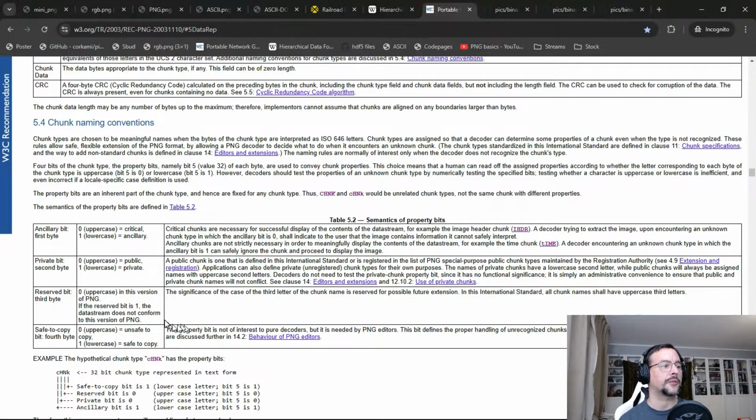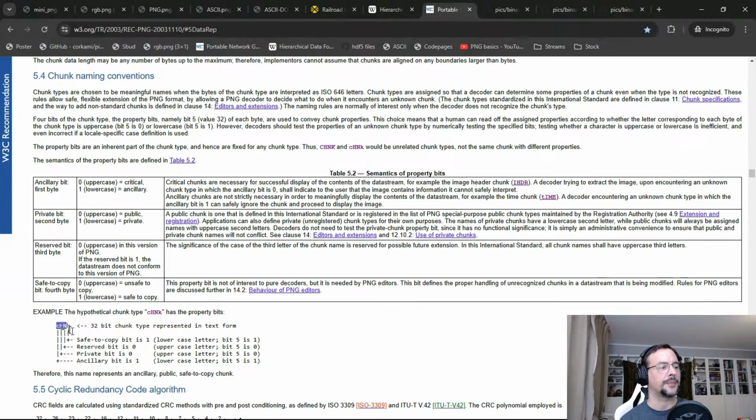And the third one is reserved. And the fourth byte says whether we should keep the chunk when we create a new file based on that one. If it's set, then it's safe to copy. So here is the example from the specification. You see that a chunk with a lowercase first letter will be treated as secondary, ancillary, which means basically that if you add a chunk called Ange with a lowercase a, then this will be ignored by the